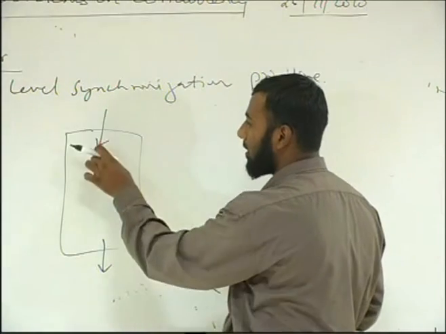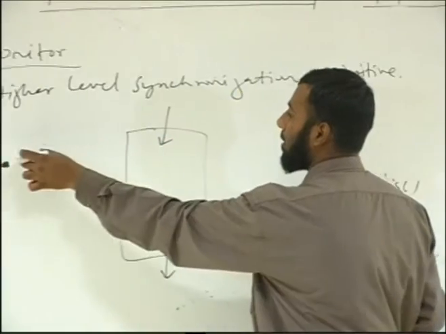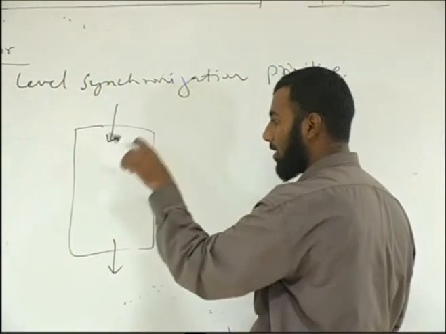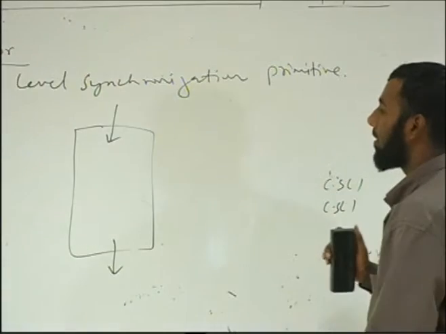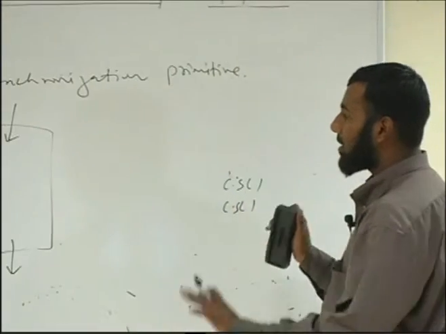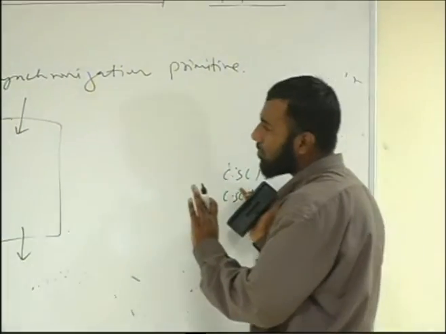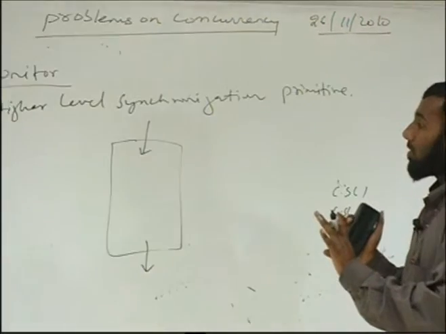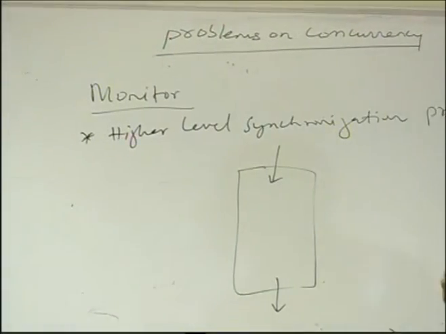So when it has entered into the critical section, when it has entered into the monitor, then no other process, those other processes which want to enter into this critical section, are not allowed because of this monitor. The basic idea behind monitor is that all the code which is shared will be moved into the monitors. Because of this idea, parallel programming was achieved less error prone to concurrency problems,